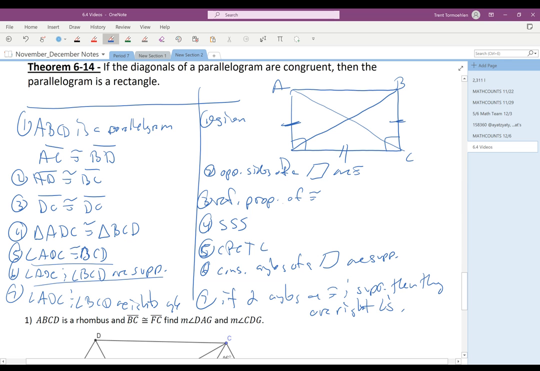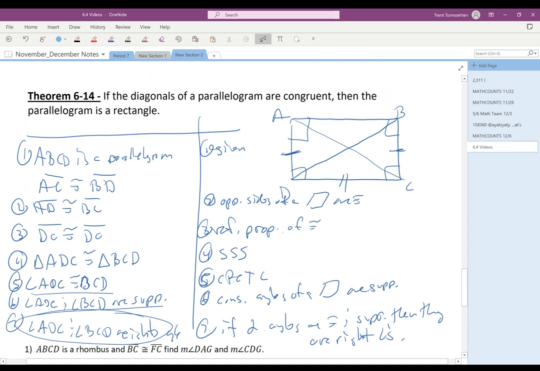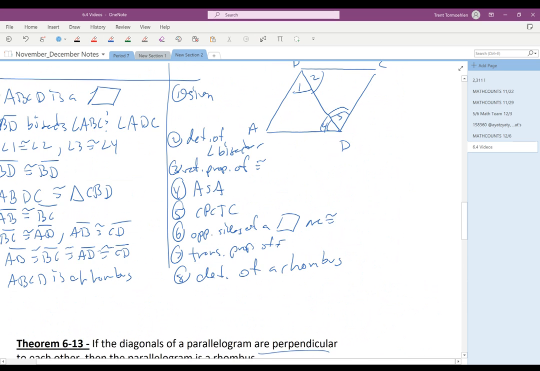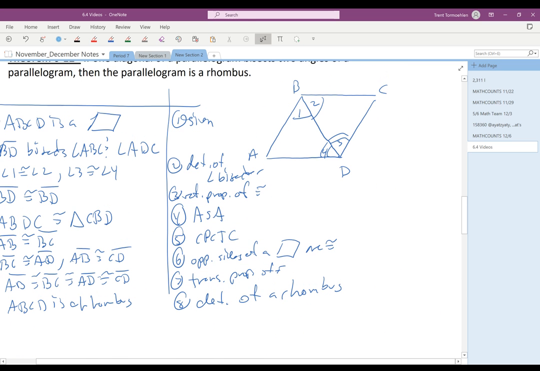And so for this problem, we've shown that these are right angles, and we did this in a general way. We could do the exact same procedure to show that angle A and angle B are right angles. And so from that, we would know enough by definition to say that ABCD is a rectangle. So if diagonals are congruent, we know it's a rectangle. If diagonals are perpendicular, we know it's a rhombus. And if the diagonals bisect the angle, we also know that it's